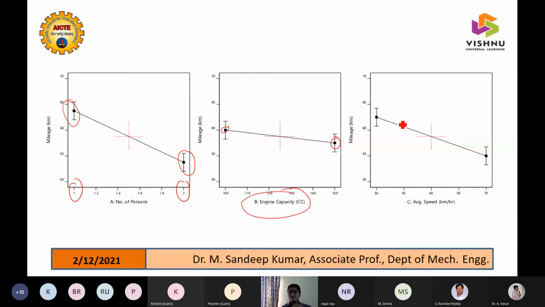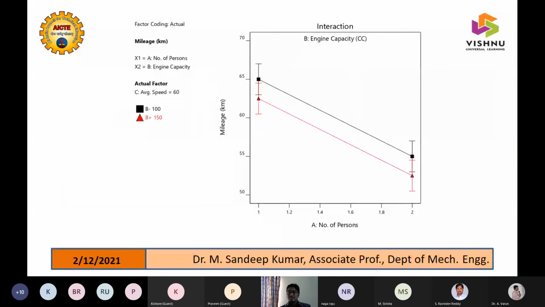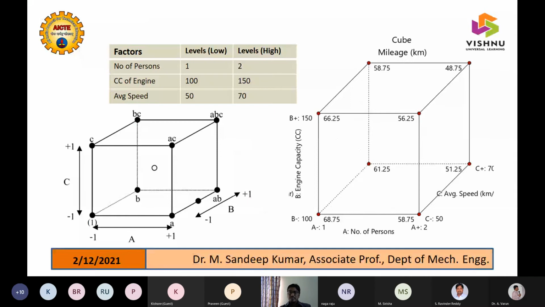You can omit it. Then your average speed with 50, you had a good mileage, that is 60 to 65. And with 70, the mileage was like 54.3 to somewhere 57. When you keep a cursor at this point in the software, you'll get this point value also. So from there, you can note down the point values and draw separate graphs combining all these things. So this was the interactions. There wasn't any interaction with this.